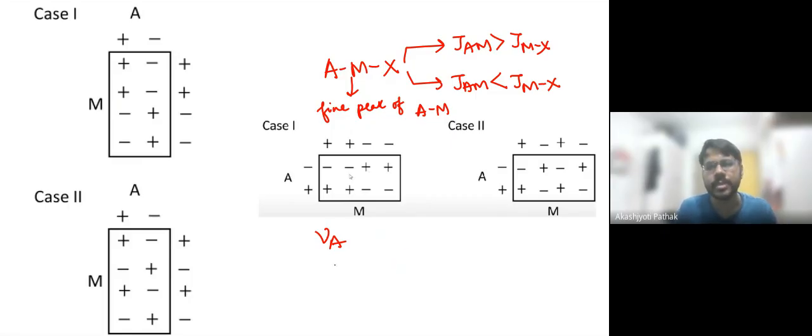So if you are considering the fine peak of the AM cross peak, then your JAM is the active coupling. So that is why your A frequency will be split into plus and minus. So this is your JAM, right? And then this will again be split into